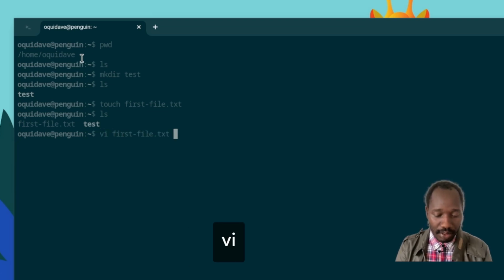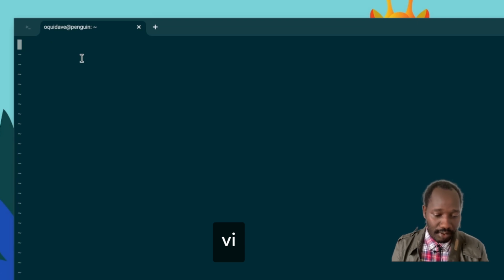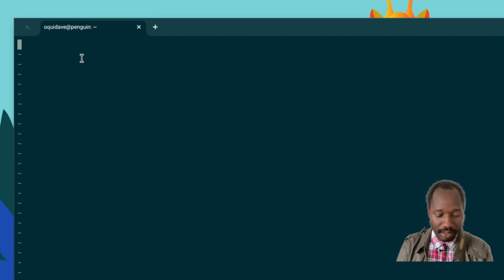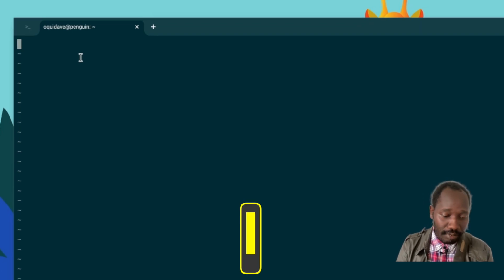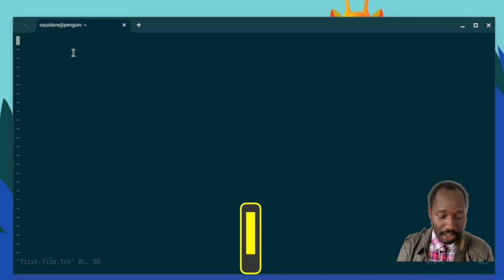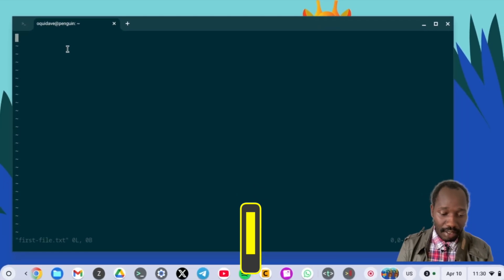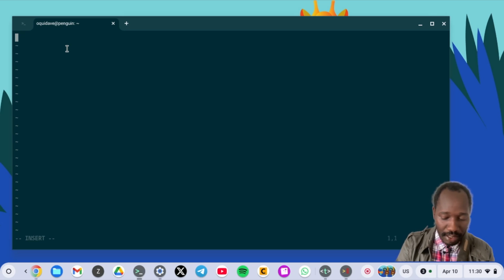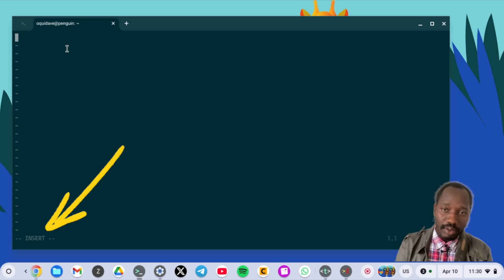Hopefully it's installed. Yes, it is. Okay, so vi, the test file, gets me to this, right? Opens the file. So I'm going to type I for insert on my keyboard to start typing content on this file. Otherwise, if you started typing right now, you can see there's nothing. So I have to type I, and you'll see insert down here, to indicate that you're ready to type in some content